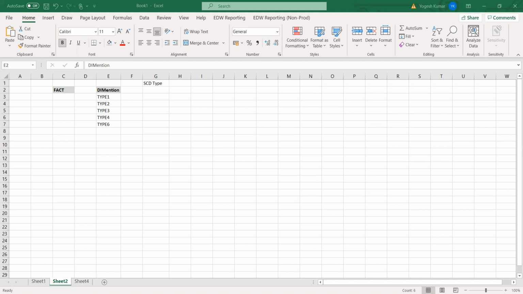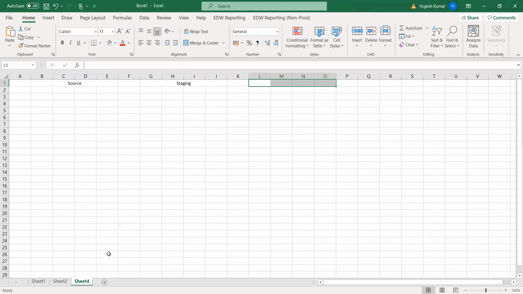Let's move. Here is an Excel, and here is type 1. Can you see the complete screen, whatever I'm writing? Source, staging, and data warehouse.